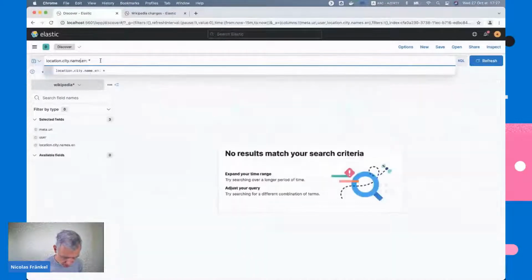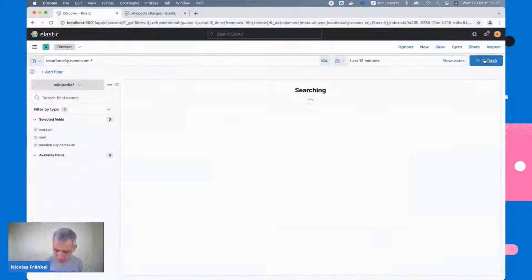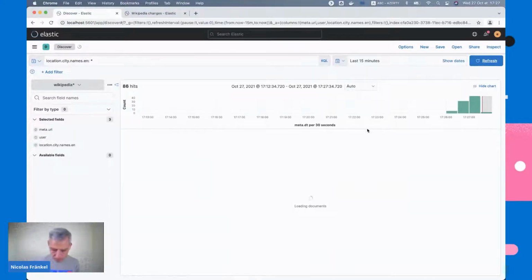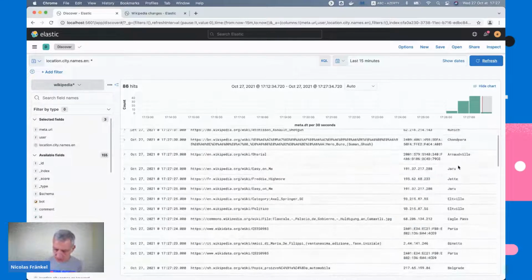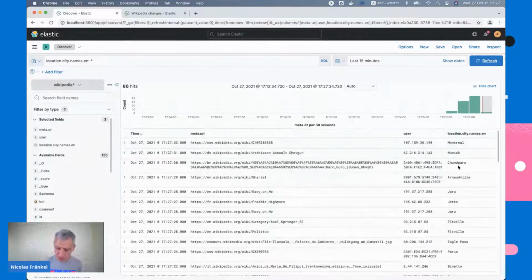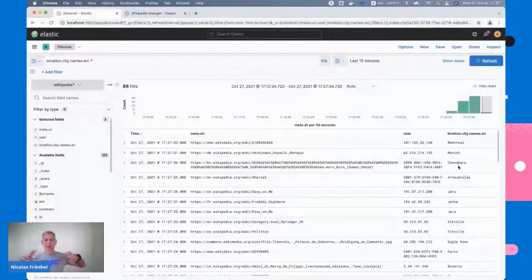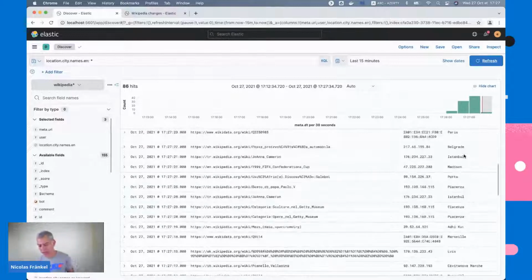So it's names. Now I've got quite a few of them. Montreal, Munich, Shambara. So we can see already what happens. But as I mentioned before, this is a lot of data. I cannot understand what happens by doing something right now.